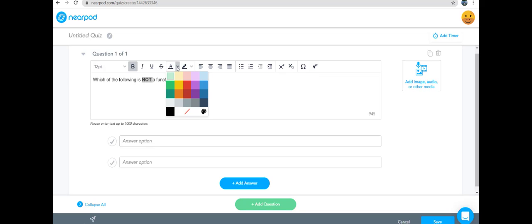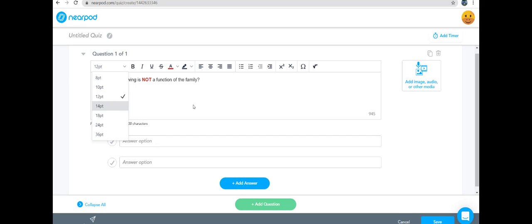As usual, I can do my bold. I can do my coloring to make it more pronounced, as well as I can change my font size. I can do my underlining. I can move in terms of center line and left line and so on. And I would proceed with my responses to provide